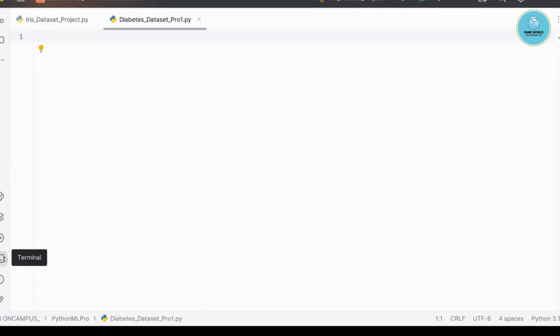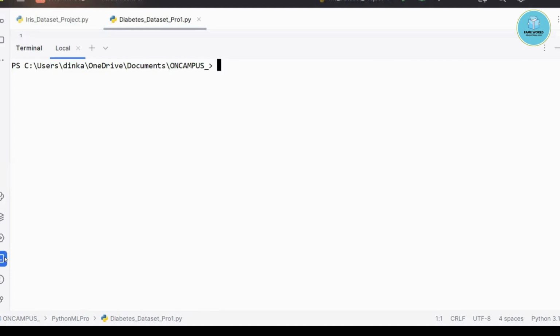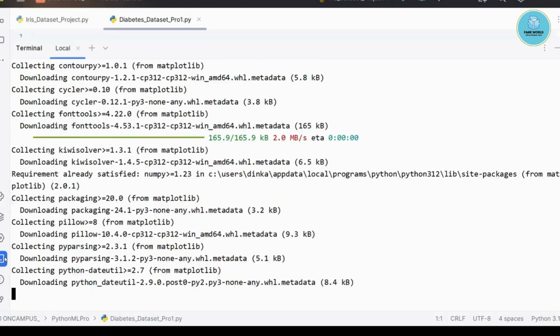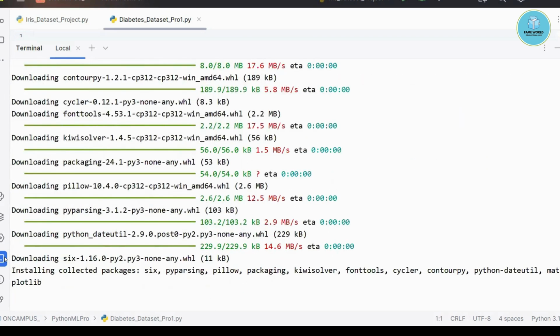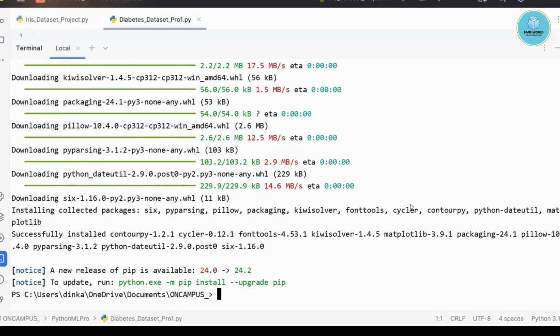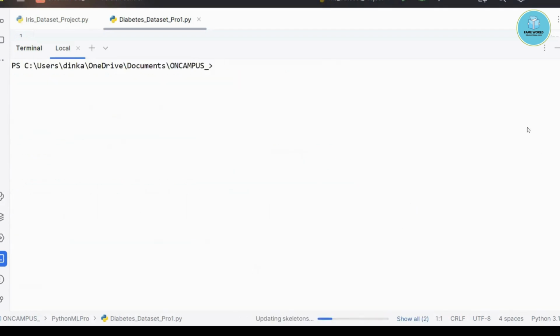So for creating all that, we need one thing, that is simply matplotlib. So you have to install it, you can go for pip install matplotlib. Matplotlib is the module which I will be discussing in detail, and that module is going to help you out for the visualizations and graphs. So that we will be doing. That's why I'm installing this matplotlib here, and I will show you the official website, that is matplotlib.org. We will work with it. This has been installed. Pip install matplotlib you have to do.